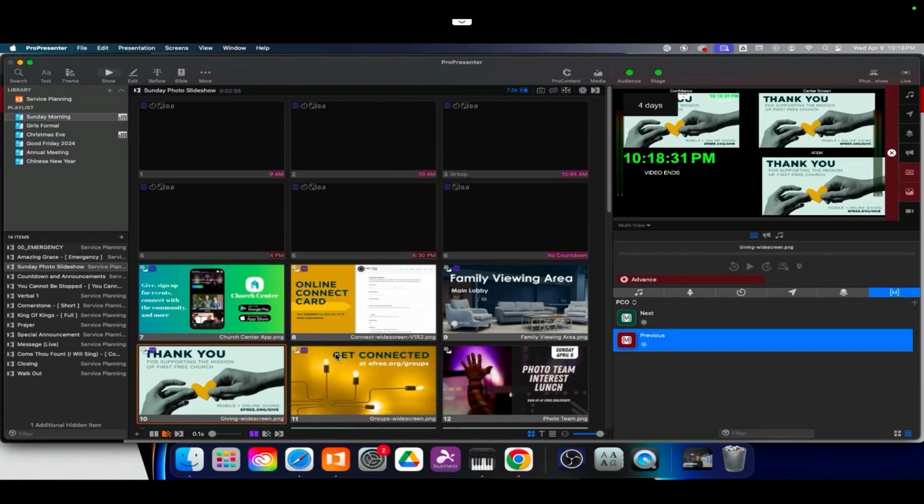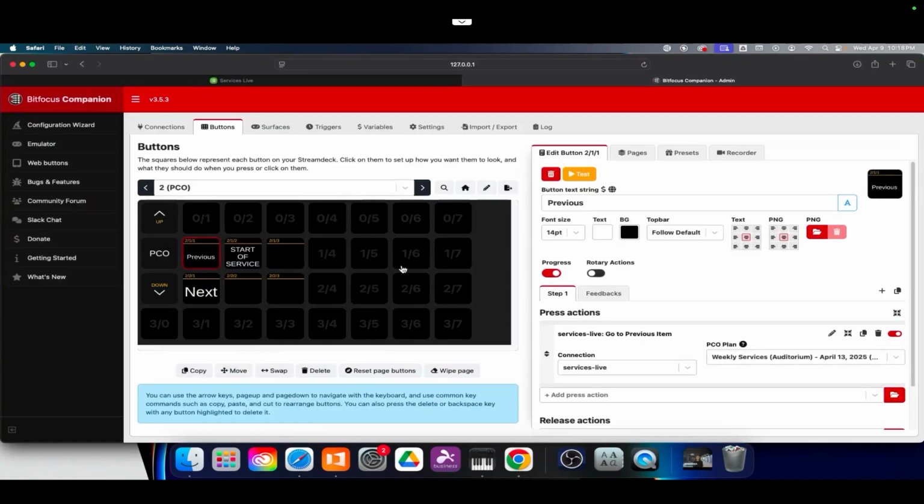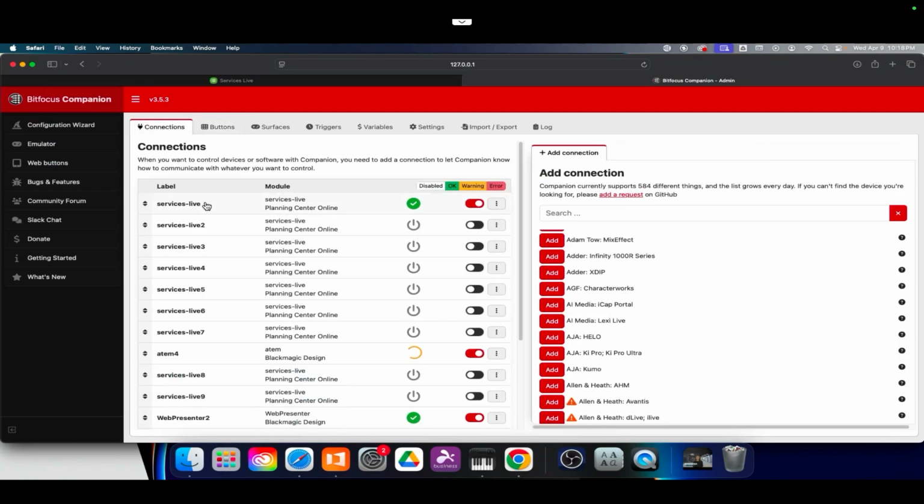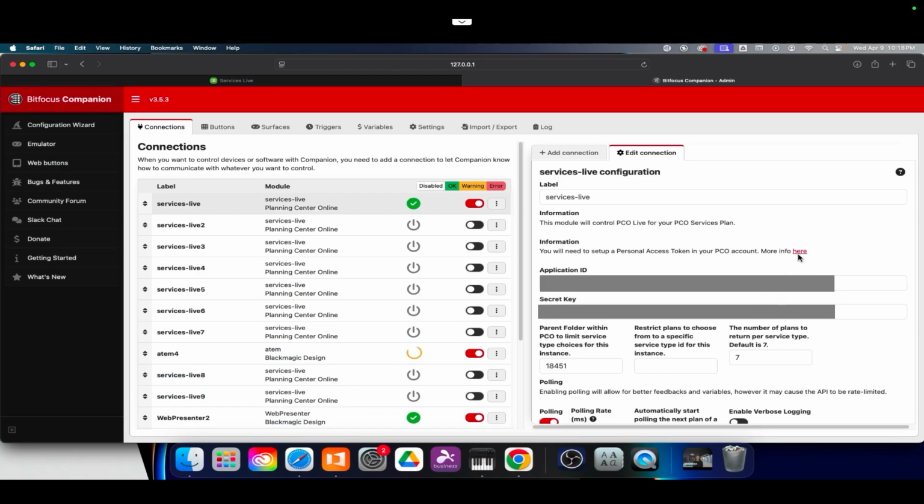and also make sure that Planning Center is connected to ProPresenter. Then go into your Stream Deck settings or Companion settings. You'll have to connect Planning Center Services to your Companion. A lot of us have done that. If you haven't, you're going to have to click this button here, and it will take you to your PCO developer API. I have the application ID and secret ID blurred out of this video because it's private, you don't want to share that with anybody,